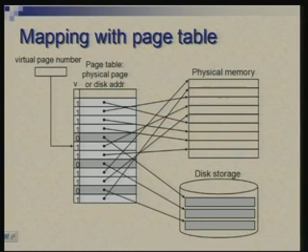So, this picture shows the mapping process with looking at the virtual page number, taking it out of the virtual address. We are indexing into this table, and this table is allowing us to either go to physical memory or to disk as the case is.